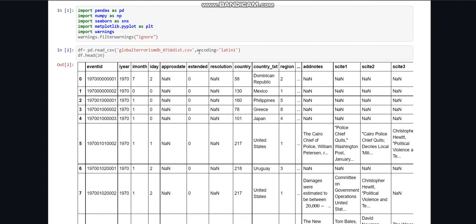I use encoding equals to latin1 because if I don't use the encoding as latin1, then it will provide me with a Unicode decode error. This encoding is done as there are some special characters in the file. Generally, a Unicode decode error occurs when there is a file encoding issue, which means that the file trying to be opened is encoded in something different, and hence to overcome the issue, we have to specify the encoding as done here.